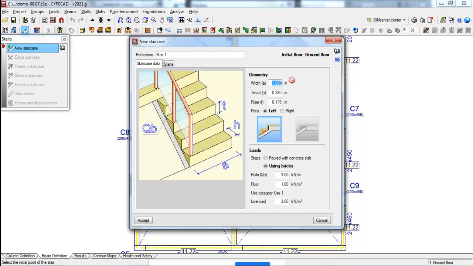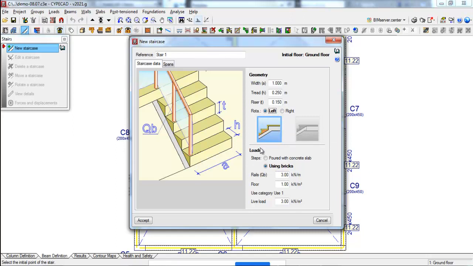Width I am considering 1 meter, tread say 0.25 meter, and riser 0.15 meter, that is 15 centimeter. And this is the rotation of the staircase. You can keep the rotation left side or right side. Right now I am selecting left side rotation.